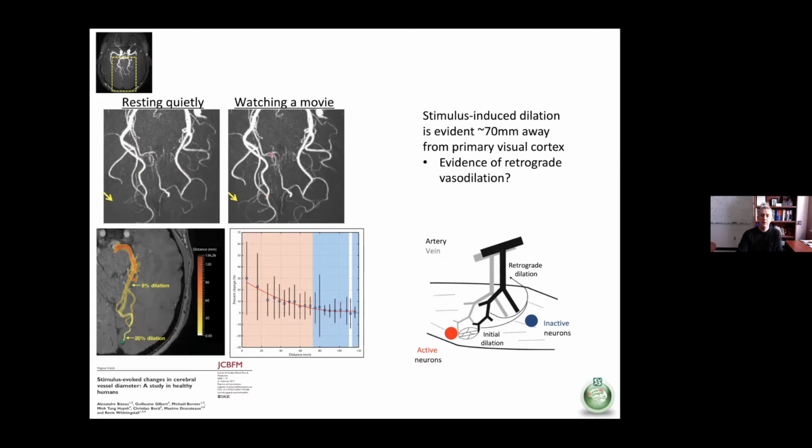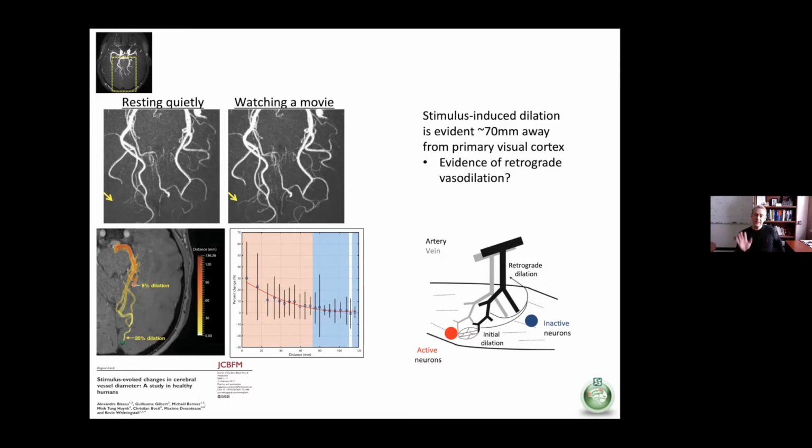These are the same arteries in the same subject, where now the subject is watching a movie. So we're stimulating the retina. And you see here the yellow arrow, the blood vessel is visible during the stimulation, but it's not visible during the baseline condition. And that's expected because we expect there to be vasodilation and an increase in blood flow. What was unexpected, though, is that the vasodilation was not only limited to the visual cortex, but we actually saw